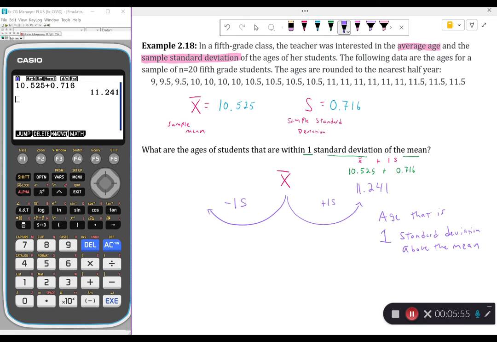And then we can do the same calculation, but with subtraction, to find the age that is 1 standard deviation below the mean. So we'll do x bar minus 1 times s. x bar again is 10.525, and we will subtract 1 times 0.716. Again, if this was asking for 2 standard deviations or some fraction of a standard deviation, we could change the multiplication factor. But in this case, 1 times anything is just itself. So we will do the same thing we just entered, which is 10.525